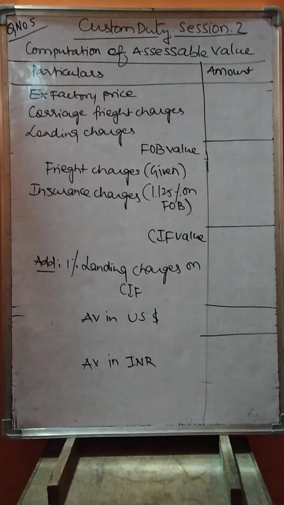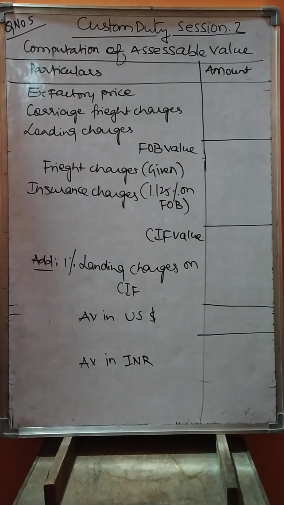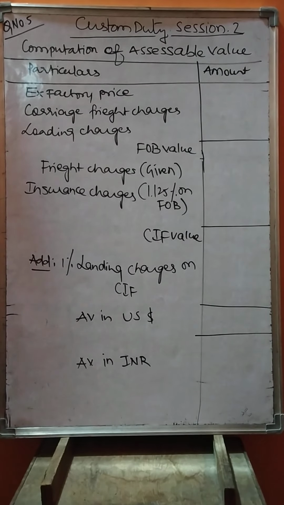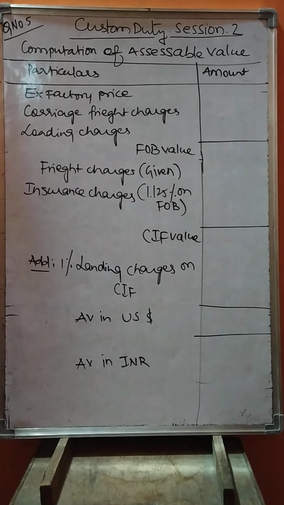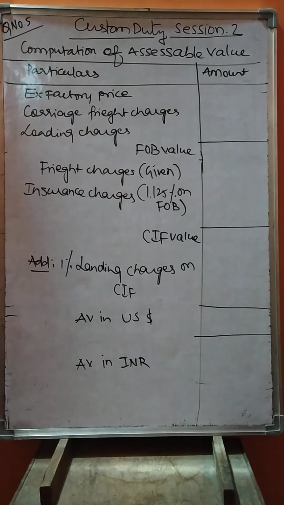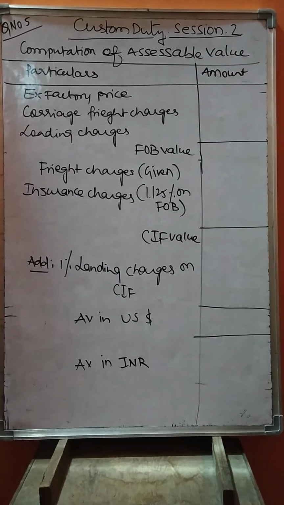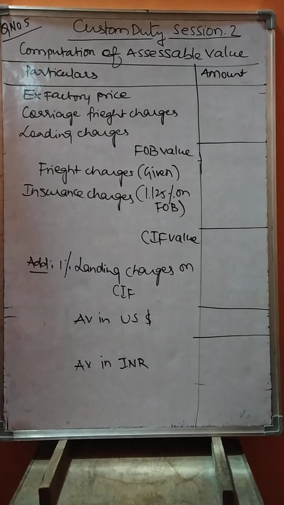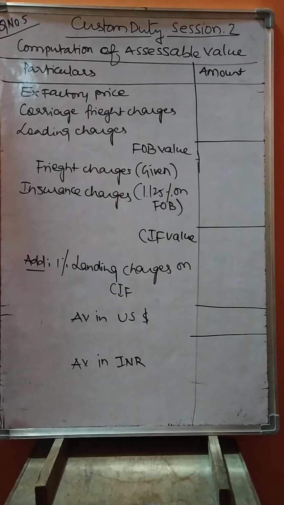Now question number 5. Let me read out the question. HCL company has imported a machine through sea transportation from United States. Bill of entry presented on 25th March and inward of machine in India is on 20th June 2018. Be careful, when two dates are given, bill of entry and inward of machine, you are supposed to consider bill of entry, that is 25th March. Why are these dates important? To consider the value of US dollar, the bill of entry date is to be taken into consideration if both are given. Calculate assessable value.